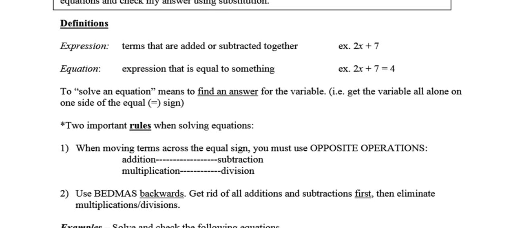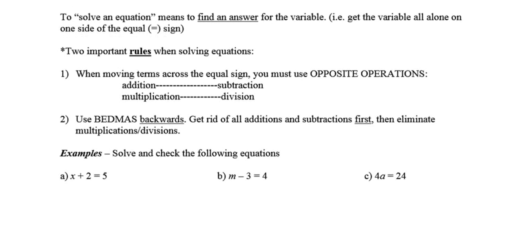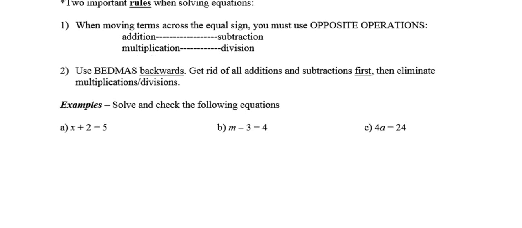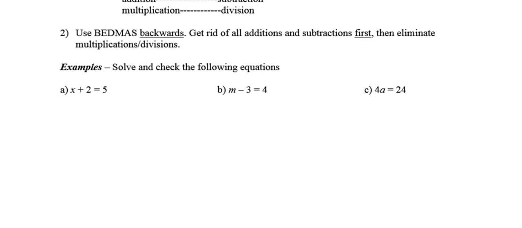Okay, the second important rule that you're going to use is BEDMAS, but it's going to be backwards BEDMAS. So you're going to get rid of all the additions and the subtractions first, and then you're going to eliminate multiplication and divisions. All right, so